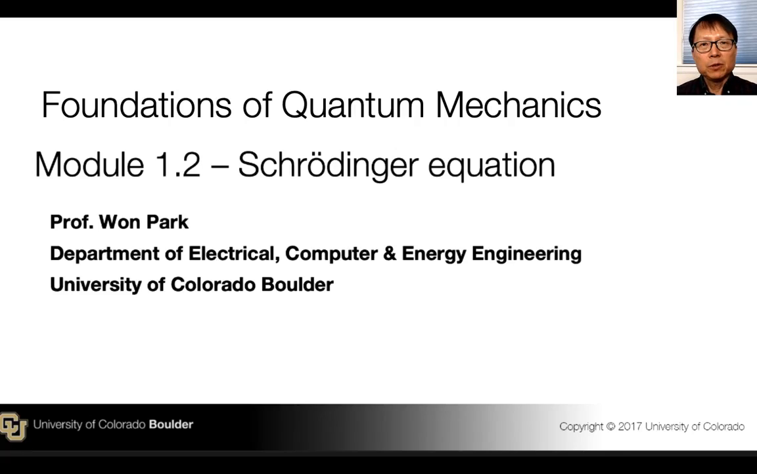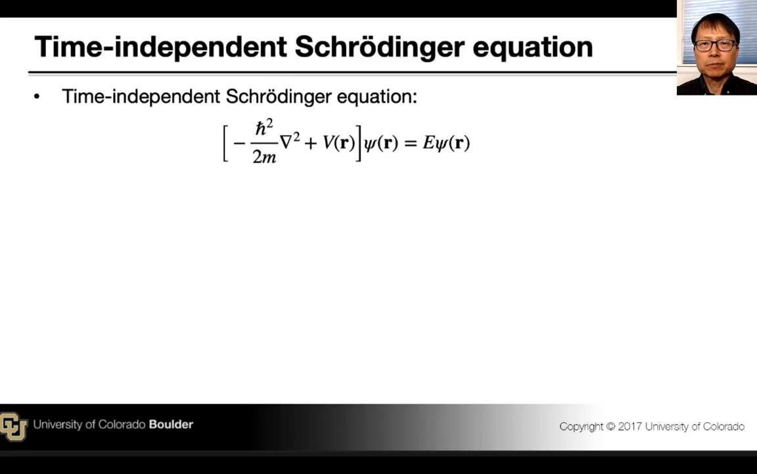In this video, we will introduce the Schrödinger equation. Specifically, we will introduce the time-independent Schrödinger equation. The equation looks like this. It has negative h bar squared over 2m times del squared, the differential operator, plus V as a function of